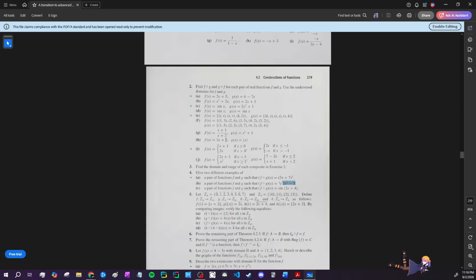So looking at this, obviously f of x will need some type of square root. And I'm gonna assume this is x of some sort, so g of x would probably just be, so when you do this, this will give you